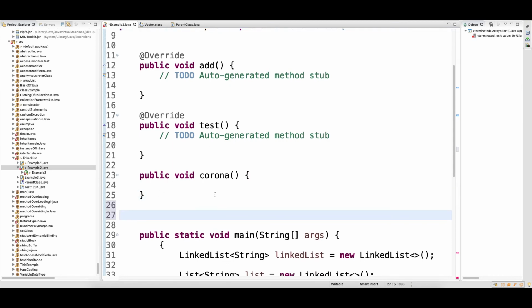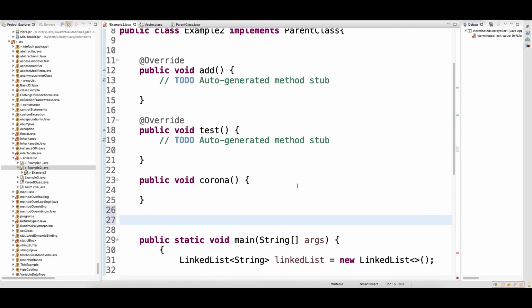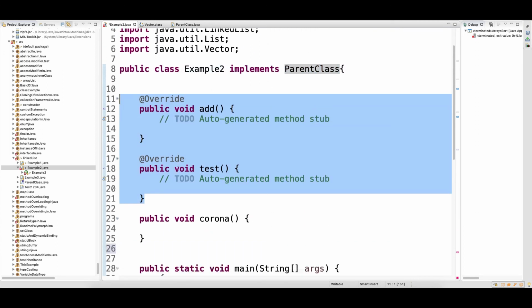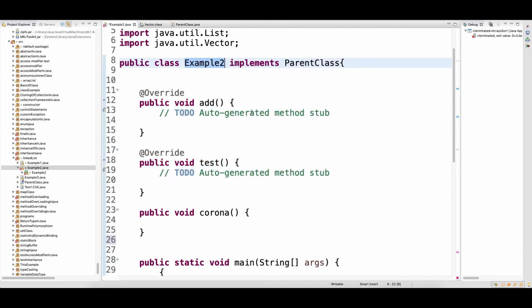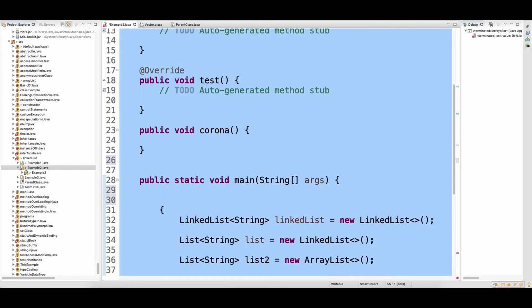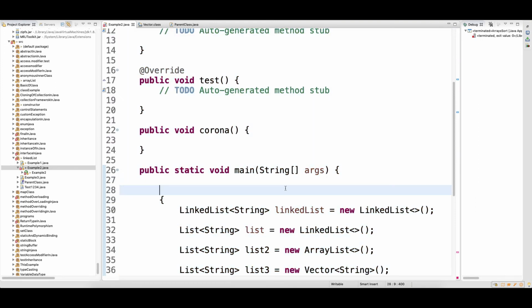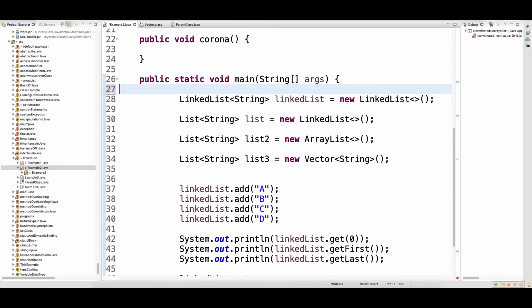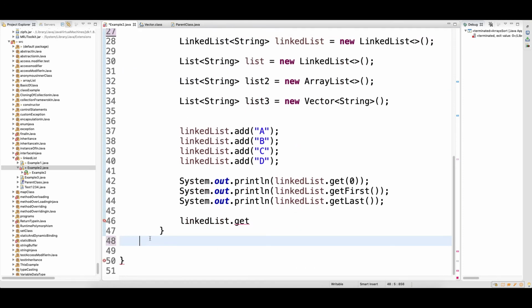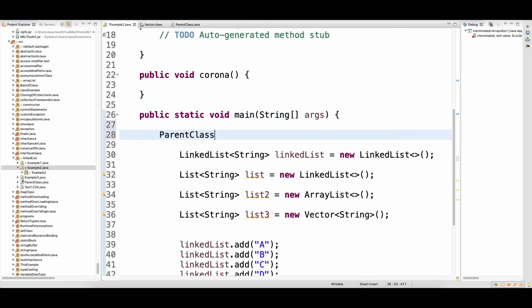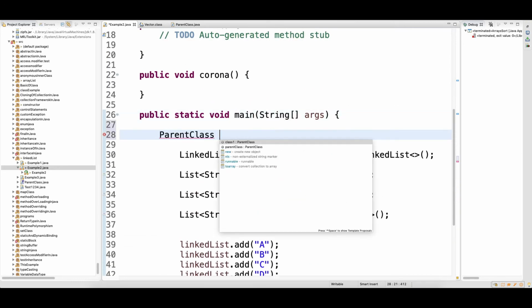Now it is clear: you are implementing a class, so these methods have to be implemented, and there is another method which is present in the child class. Now if you make the reference of the parent class, just write the class name, Control Spacebar, and it will give you the reference name.